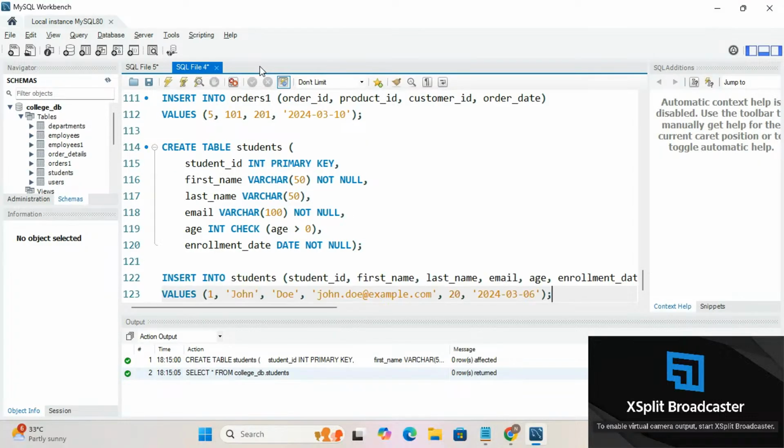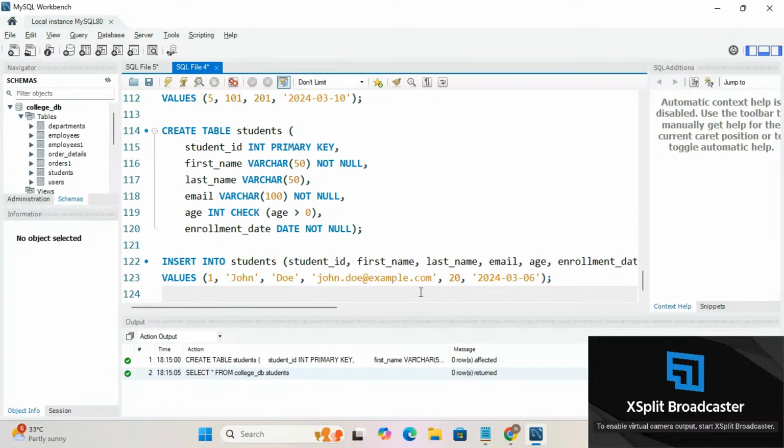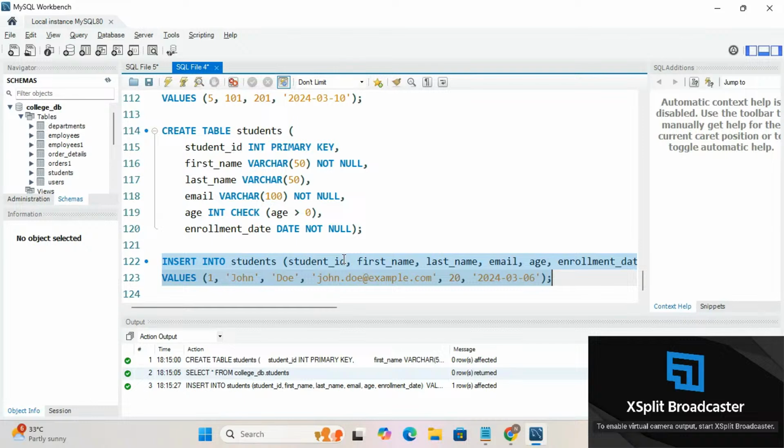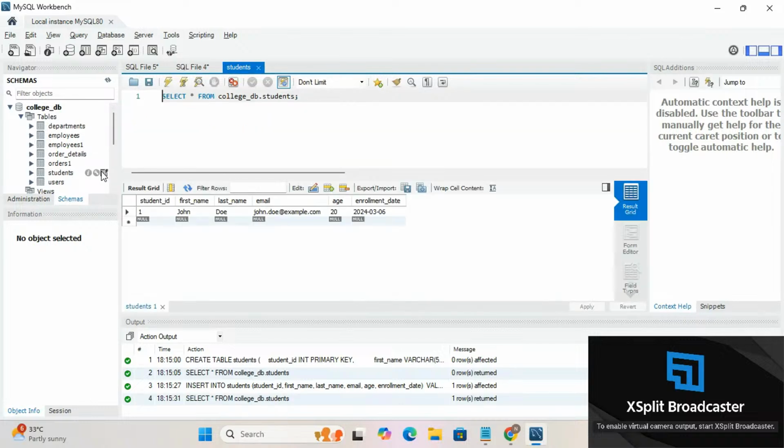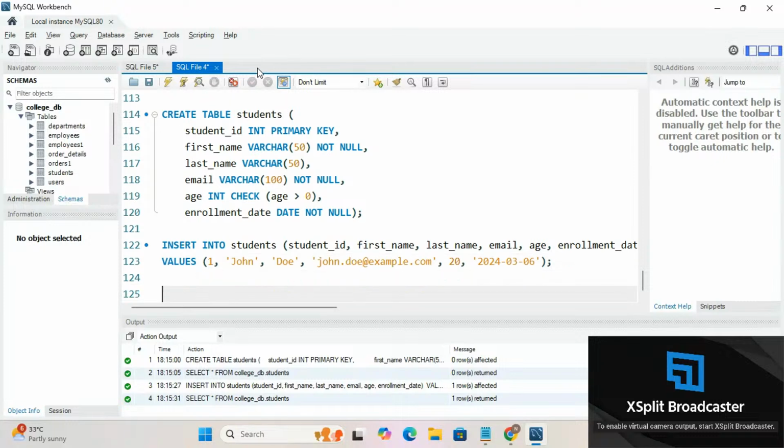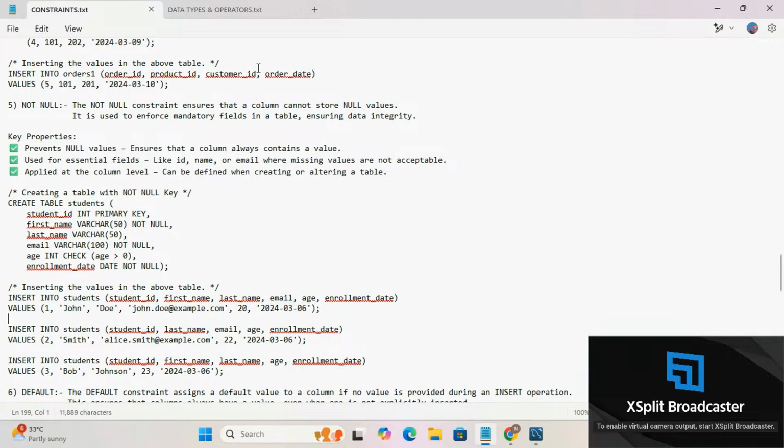Done. What am I doing? I'm inserting the records into the table. So let me see, will this be accepted? Yes, it is accepted. Now I'll try to go through the data. Clear? Yes. Now I'll insert one more record, but this time,